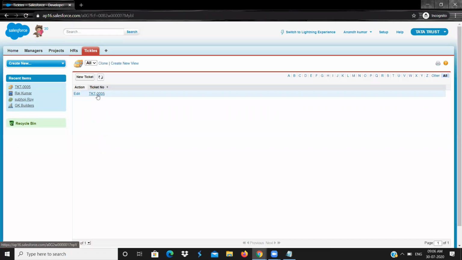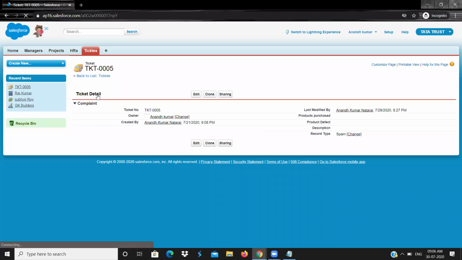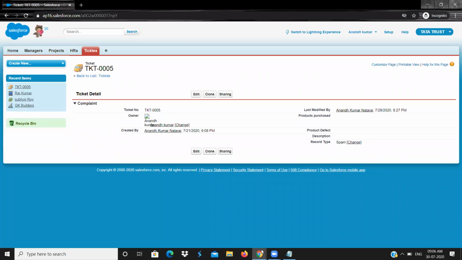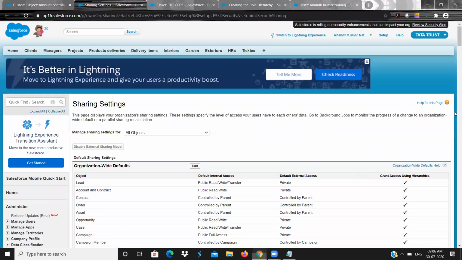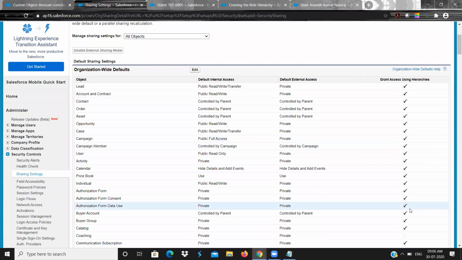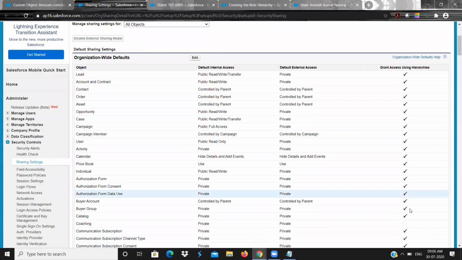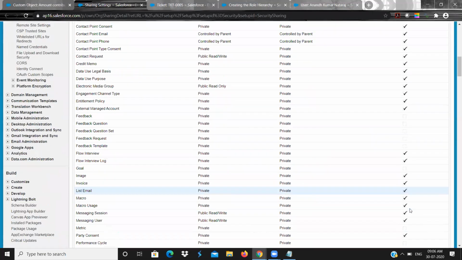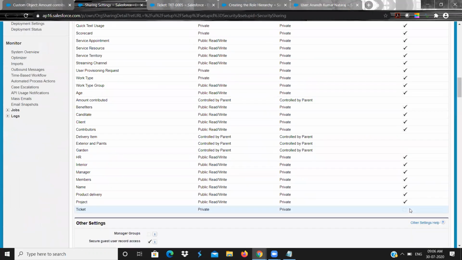You will be seeing only one record. Why? Because even though his role is manager role, I did not use this checkbox, grant using hierarchy. So based on hierarchy, it does not grant anything. That is one important thing, grant using hierarchy.